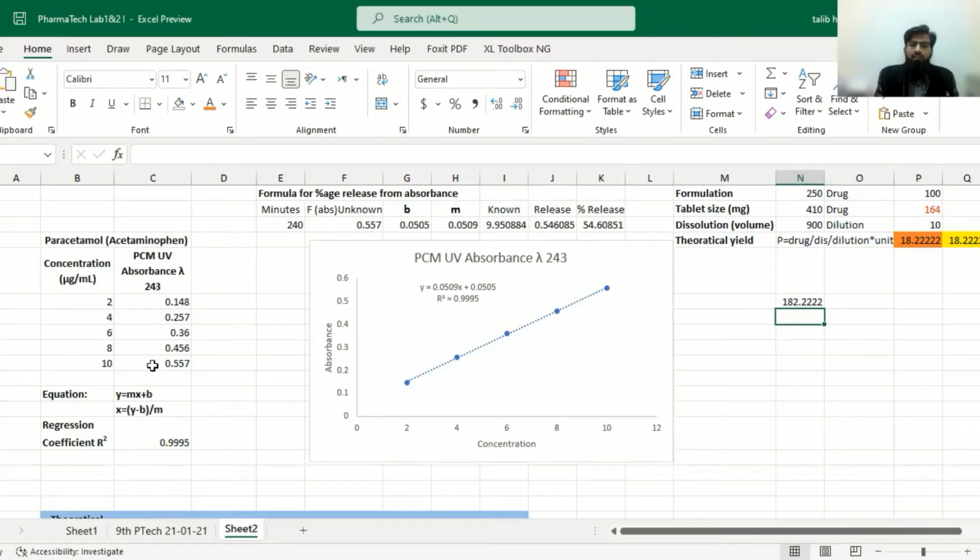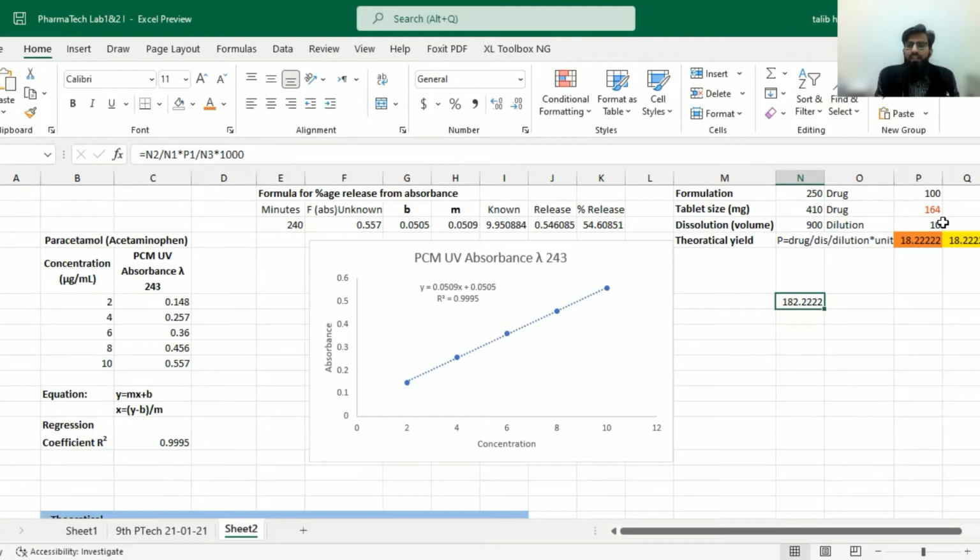For 1, actually it's 10. If 10 is 0.557, maximally 20 microgram will reach 1 or go beyond 1. So this 182 is beyond the concentration limit that can be assessed according to the Beer-Lambert law using a spectrophotometer.